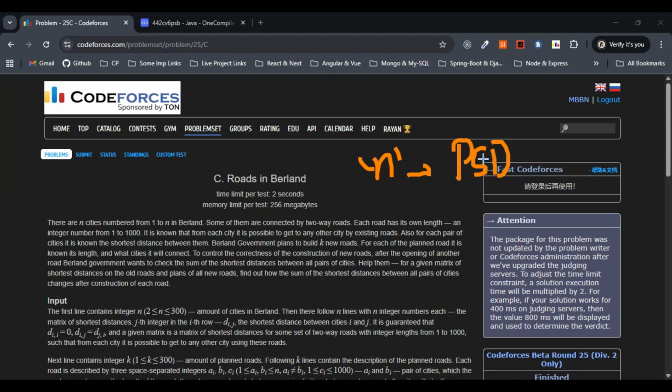The government will add k new undirected roads, with the endpoints and the length given. After each road is added permanently, we have to output